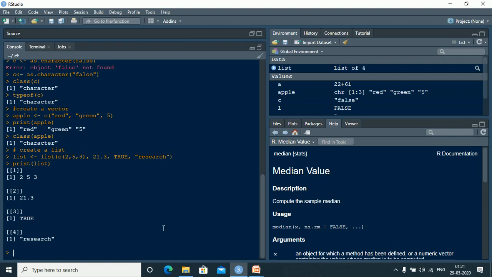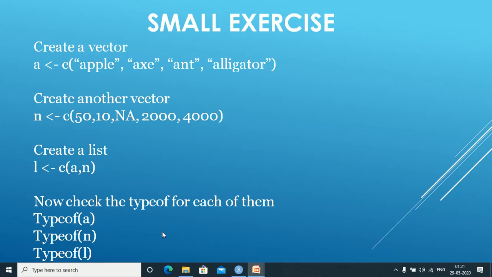Now before we sign off for today, I'll give you a small exercise which you will have to practice after going through these particular things, and you have to just see what result you get after you enter those particular values. So let me give you that small practice that you have to do. Right, this is a small exercise which you have to do.